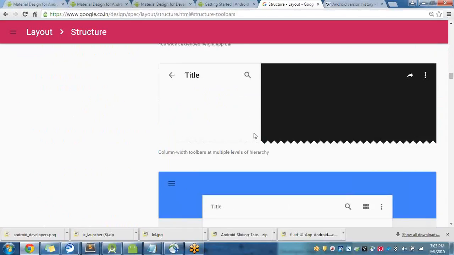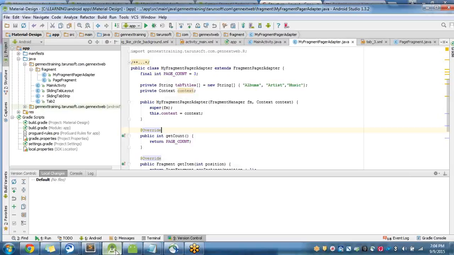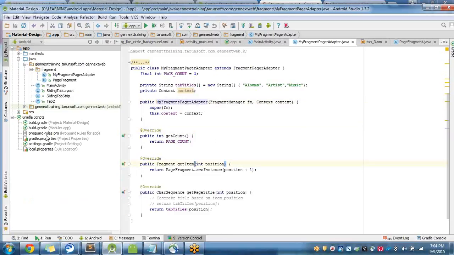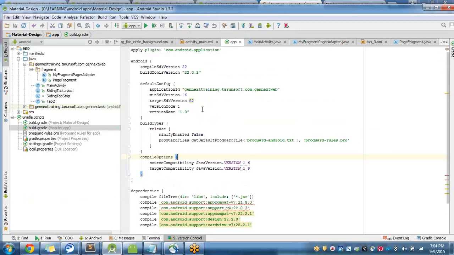A lot of support libraries are also added so that whenever you are building your application, you can make that application compatible with other versions also. If you are developing an application with Android M or Android L, like target API 21 or 22, then you have to use a support library, the appcompat support library, so that backward compatibility is provided. We will go through the different concepts of Android material design.